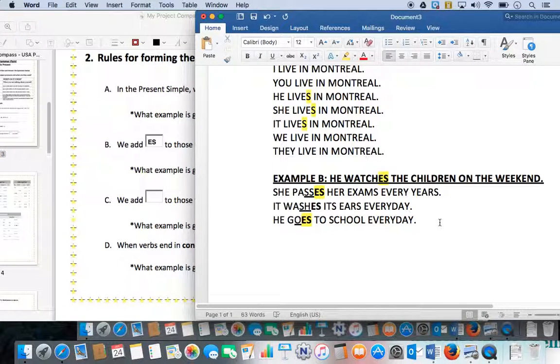Okay, so let's go back to she. She boxes. Okay, so box. So it's a verb that ends with an X. So box would be, for example, boxing, the sport. So two people fighting each other with boxing gloves. So she boxes on Thursday evenings. Okay, so again, ends with an X. So if it ends with an X, it's not BOXS in the third person. It's going to be BOXES in the third person. Okay.